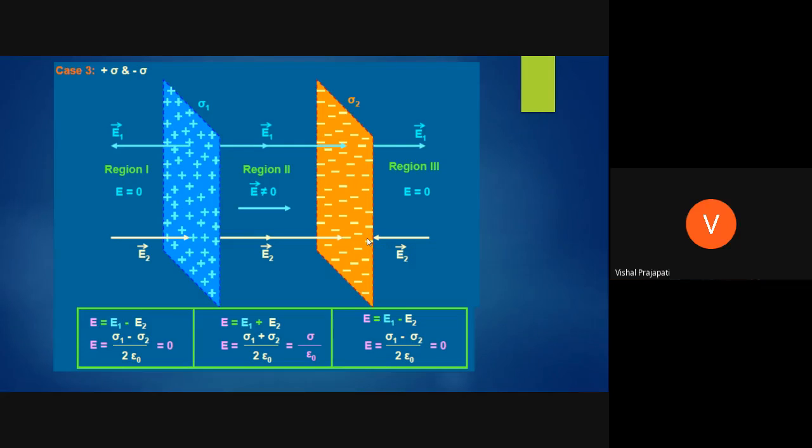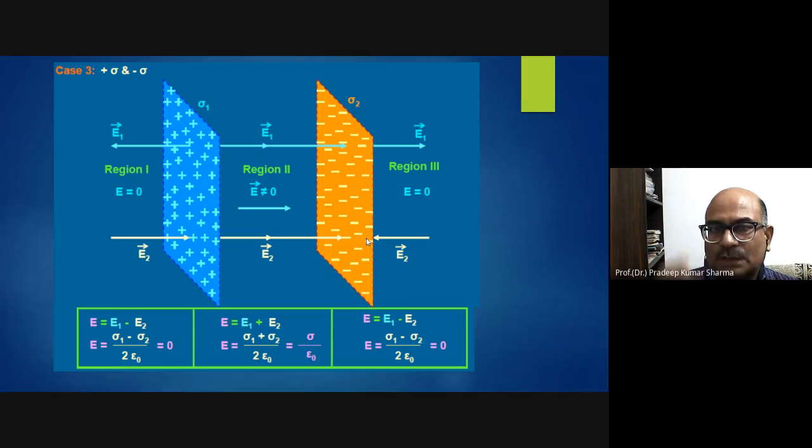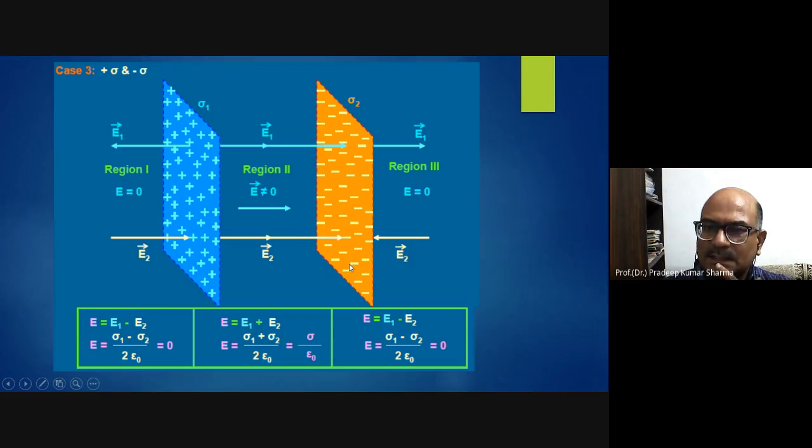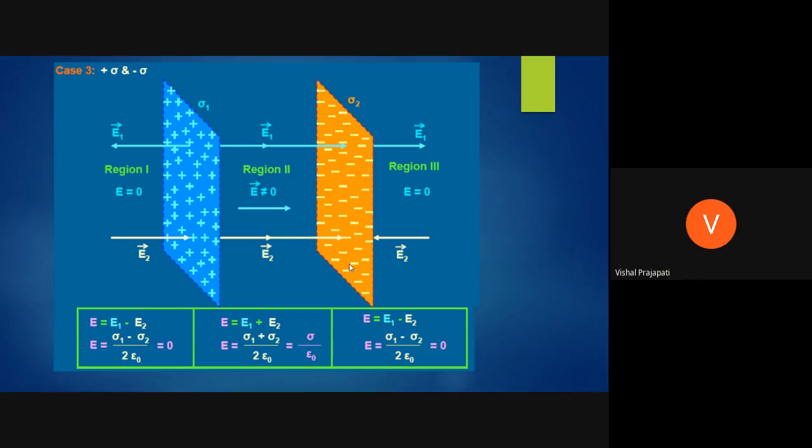Again, I am just giving you one example. How do you judge the direction of electric field? What do we do? We place a positive test charge near to that charge. So if I place a positive test charge here near to this negatively charged sheet, that positive test charge will move towards the sheet. It will not move backward. Now I think it is clear. So should I move ahead?